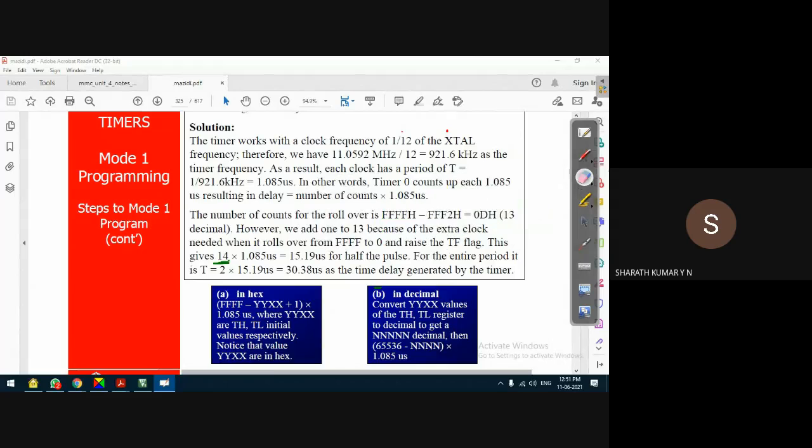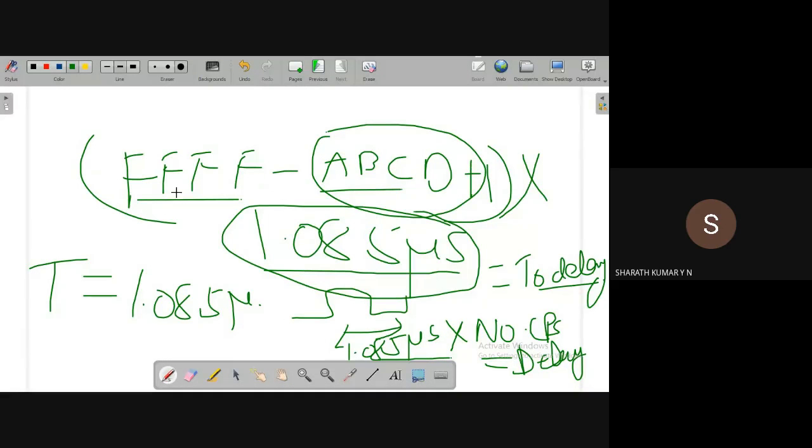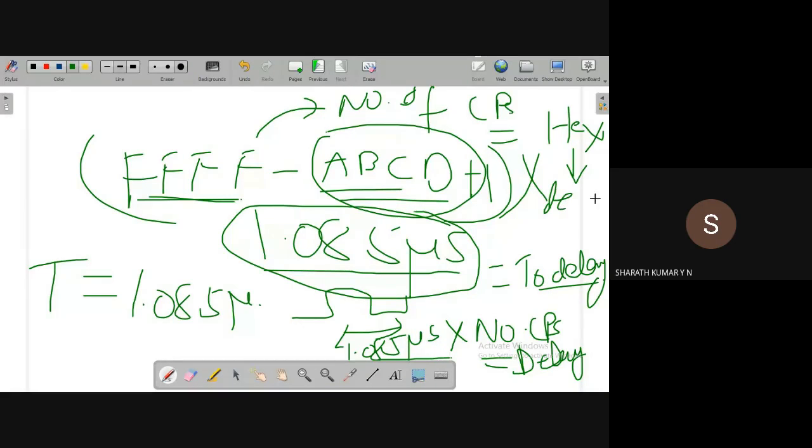What does this equation give, by the way? FF minus ABCD plus 1 gives the number of clock pulses. But if we do this method, the result will be in hexadecimal, so convert this hexadecimal value to decimal. The reason is very simple: we are comfortable with decimal values.